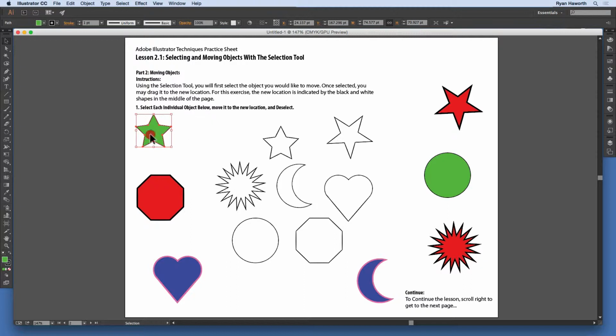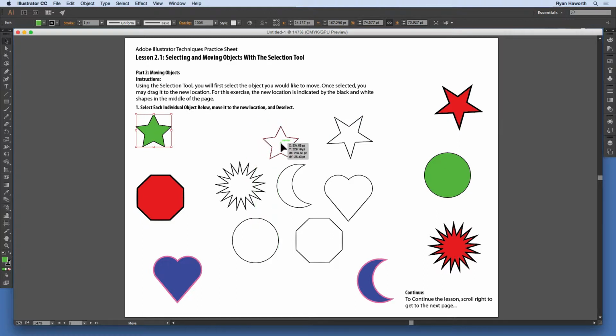I simply clicked and then let go, and that's what I mean. I want you to select the object first, and then once it is selected, then click and drag. And so when I say drag, I mean click and drag. So we're going to click the mouse down, and we're going to drag that to the new shape, and it